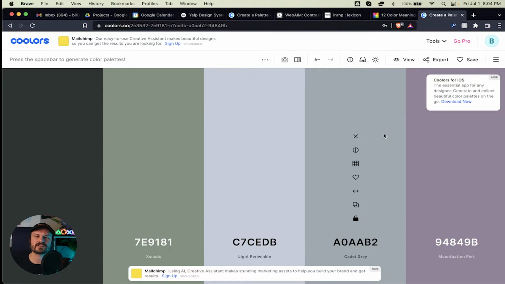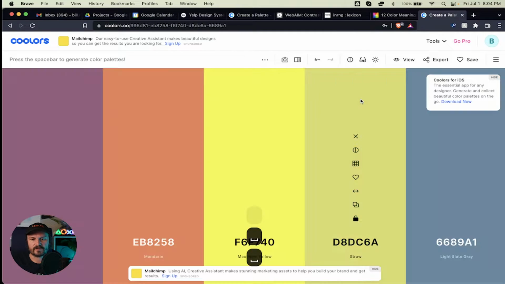It's a great resource to use if you are building a collection of colors that you like. And of course you can go back anytime and remember, oh, I like that color, or I like that color, and use them all across your projects. So this is a fantastic resource to have. Ooh, I really like that slate gray. But in any event,